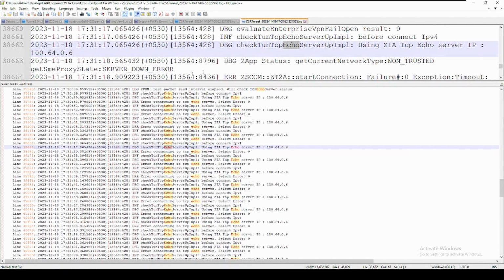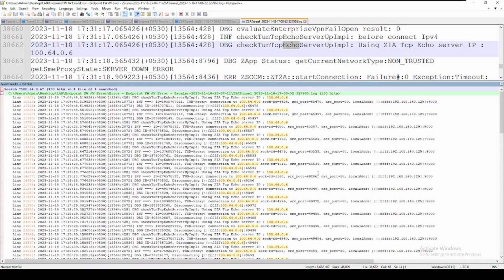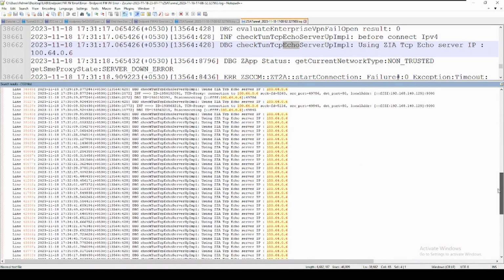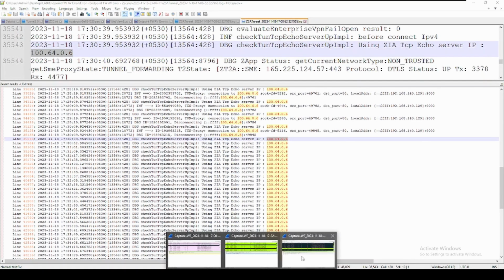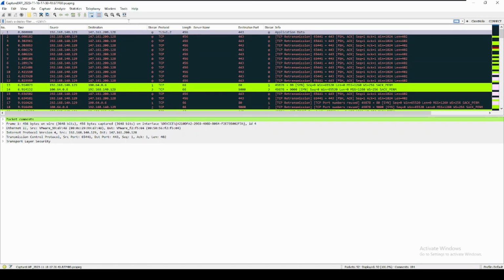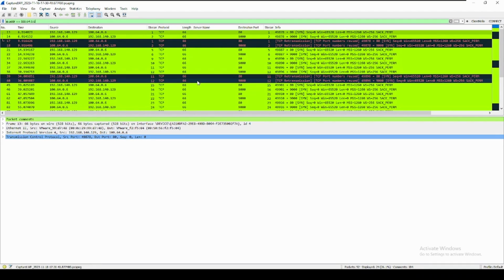Okay, now if I follow this trend, let me just follow this. You see that's where it's failing. Okay, and let's check it on the firewall as well. IP dot 100.64.0.6, right? Now what we see is that there is a TCP handshake happening, and after the TCP handshake, the